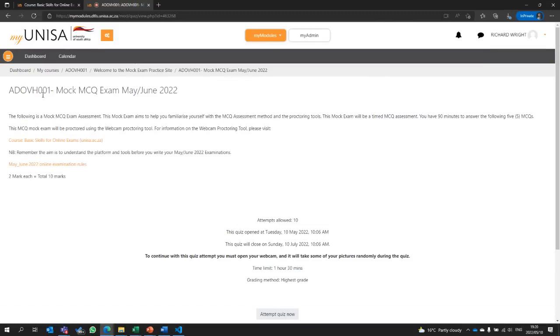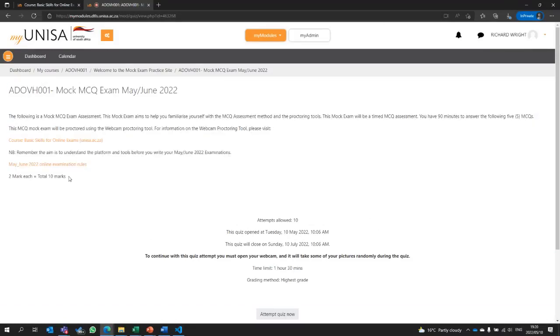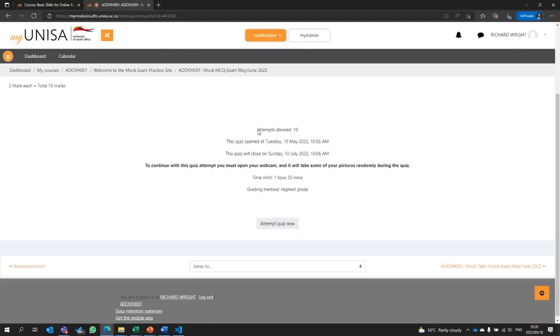As always, when you start with the exam, read the instructions carefully. There's examination rules. It will give you a brief outline of what this is about and what proctoring you will be using for this exam. And then also look at how many attempts you've got for this exam. For the mock one, we actually gave you 10. So you've got quite a lot of time or chances to test it out to make sure everything is working